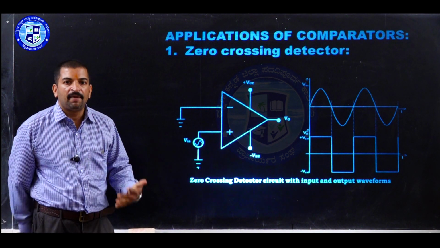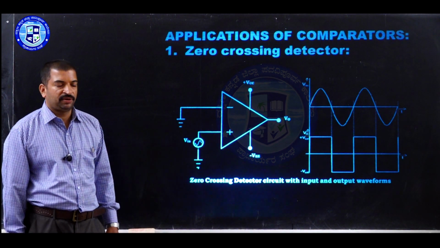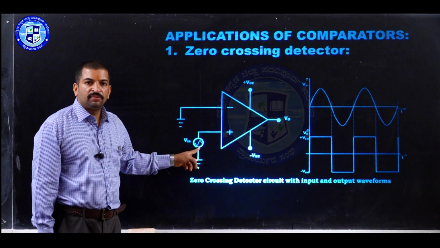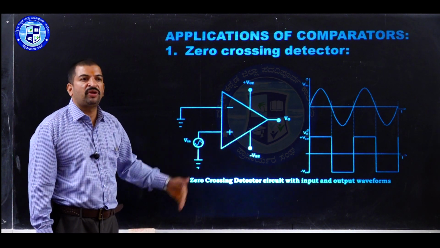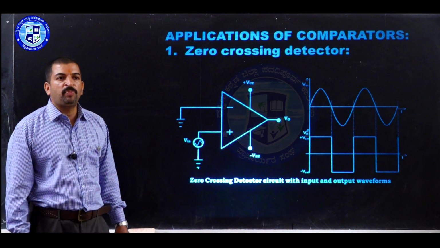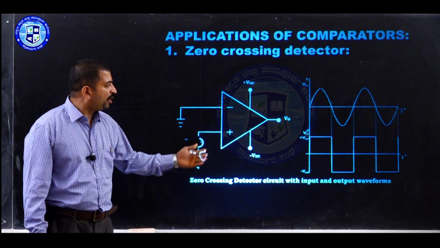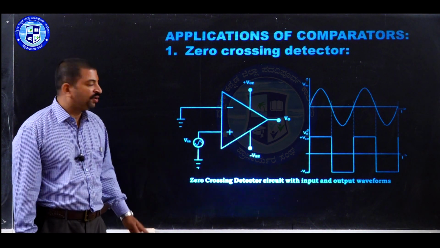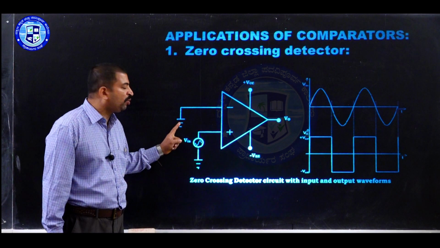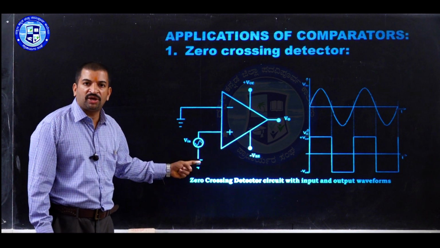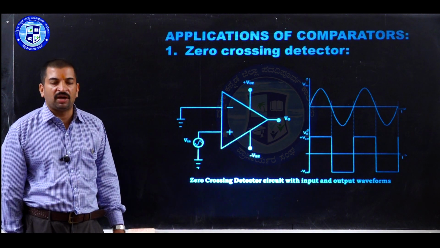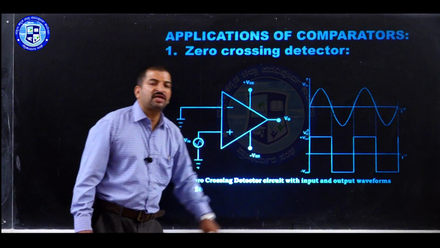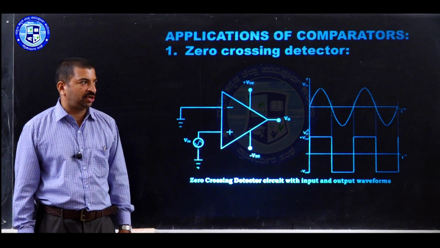The output voltage is at plus V saturation. Now, when the input voltage increases in the negative direction, that is when the input signal applied to the circuit is the negative half cycle, then the voltage across the inverting terminal becomes greater than the voltage across the non-inverting input terminal. Therefore, the output voltage changes state from plus V saturation to minus V saturation.